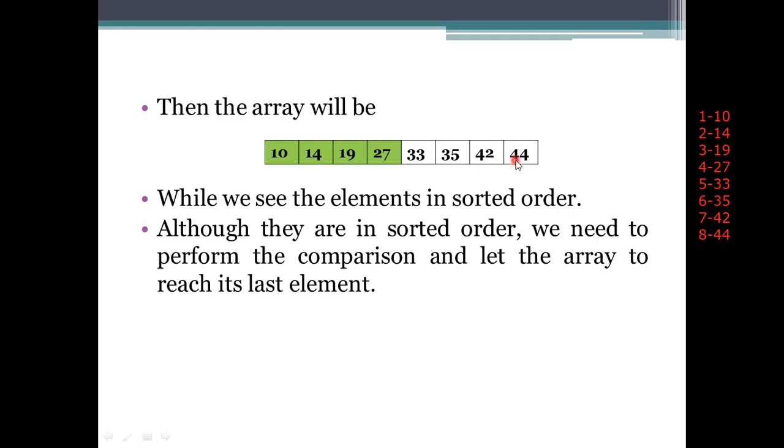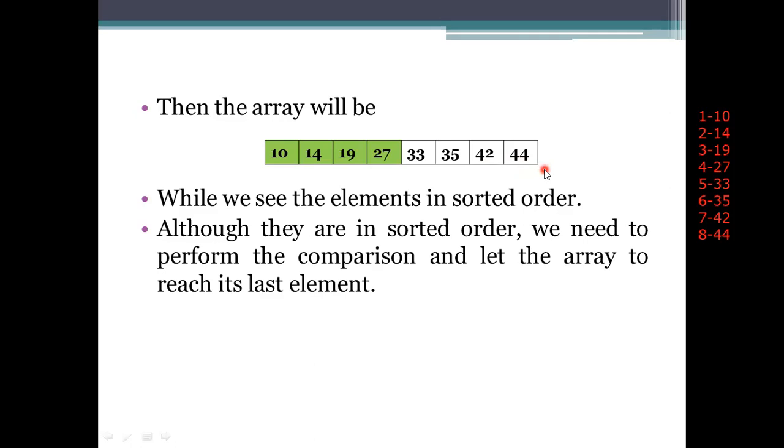And coming to the next element, 44. 44 will also be considered here. The 44 element will be compared with the elements ahead of that one. So here the elements are compared with 44 or 42. No need to swap the values. Comparison fails here. 35 again fails the comparison, and 33, 27, 19, 14 and 10.